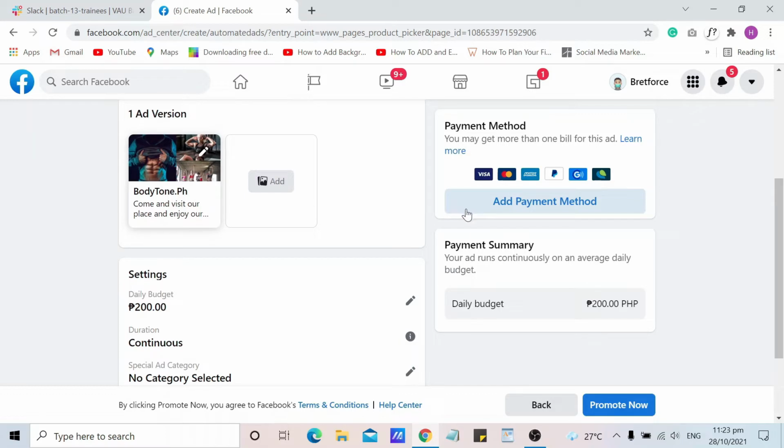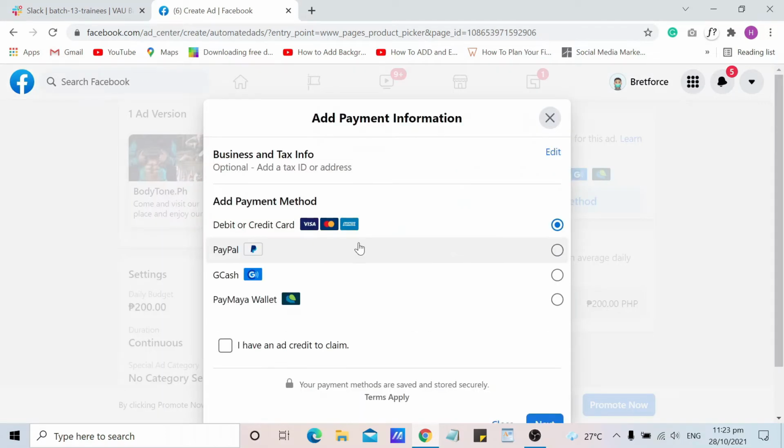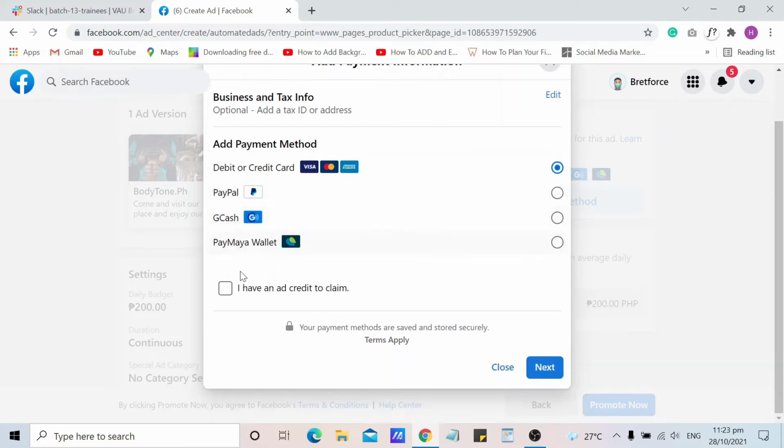And down here is add payment method. You can choose either debit or credit card, Visa, MasterCard, PayPal, GCash, PayMaya, and click this box, I have an ad credit to claim.